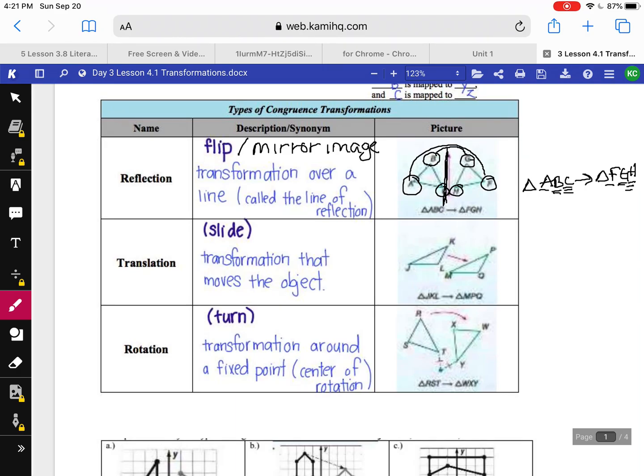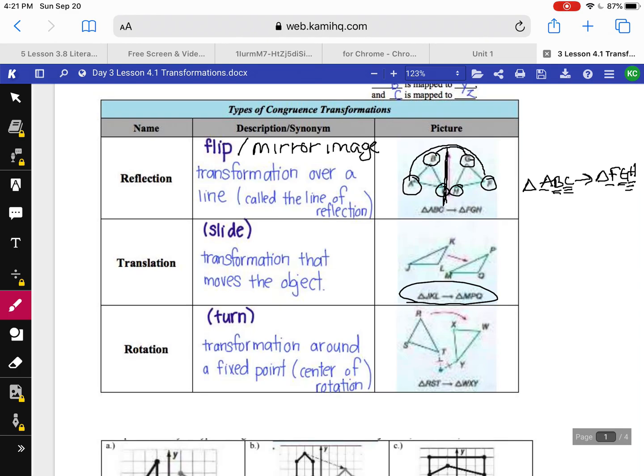And we know that on a coordinate grid, we slide up or down, or to the right or to the left. And so we can see here is our example of that transformation, triangle JKL, and how it is transformed